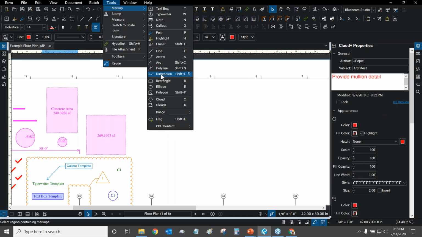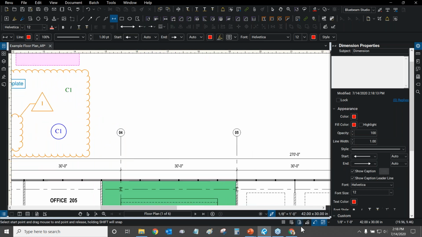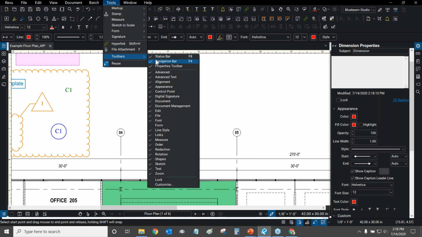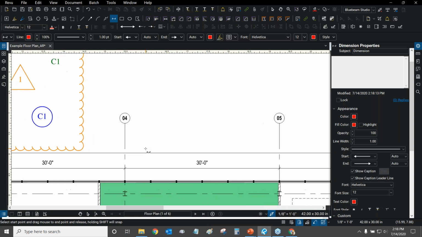What's nice about these dimensions is you can change the number for the dimension. So these are not really measurements. They're more like markups. Let me turn on my snap to content option right down here so I can access this. By the way, just like I showed you in the last webinar, if you go down to the tools drop down, and go to toolbars, you can turn on your status bar as well. That way you'll have access to all of these awesome shortcuts, especially the instructional one on the bottom left. Right now it's telling me how to use my dimension markup.